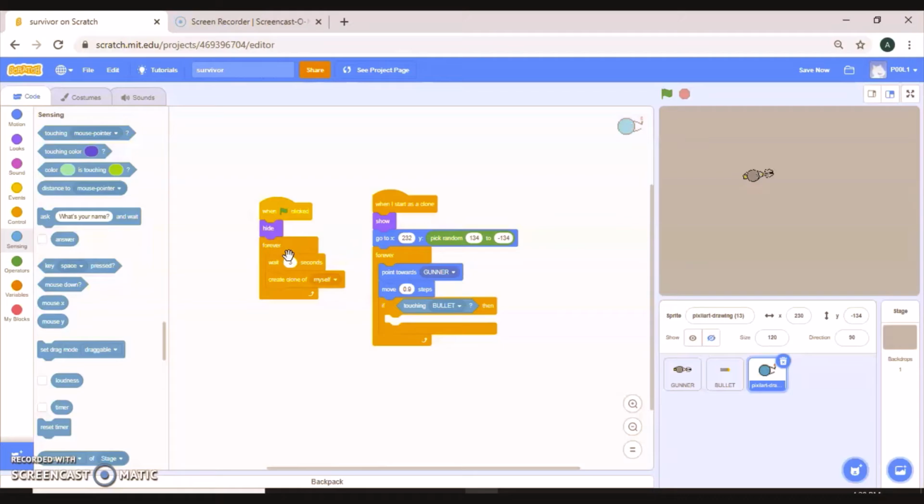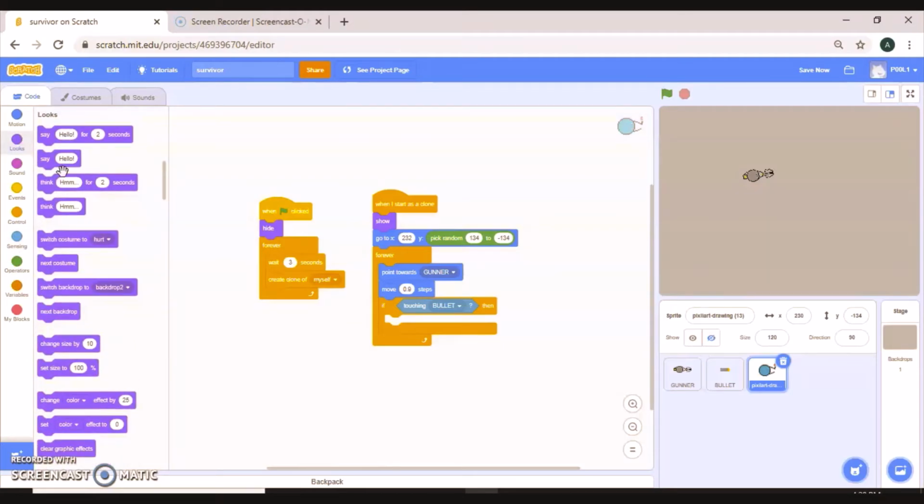Okay. If touching bullet, then first what we want him to do is looks, switch costume to hurt. And then switch costume to fine, so that it does this. And then